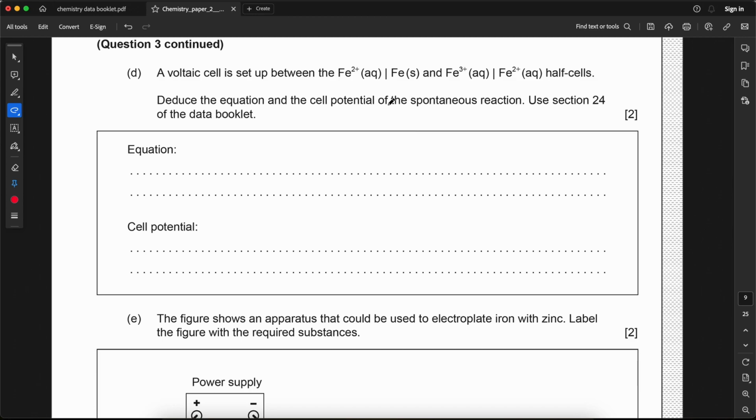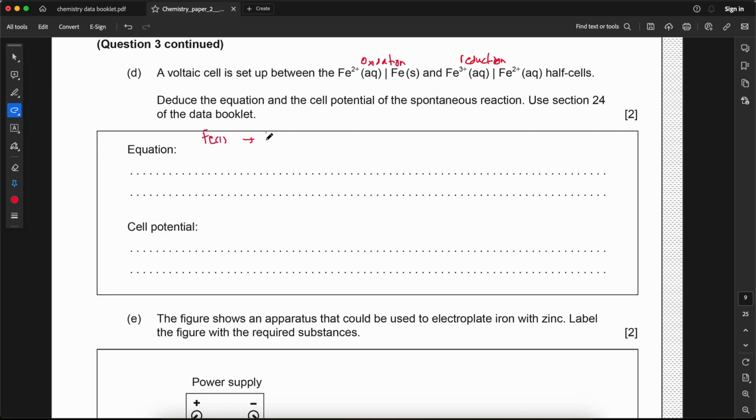A voltaic cell is set up between the Fe2+ and Fe. This will be oxidation. And Fe3+ and Fe2+, this will be reduction. Deduce the equation and cell potential of the spontaneous reaction. Use section 24. So the equation, the first one will be